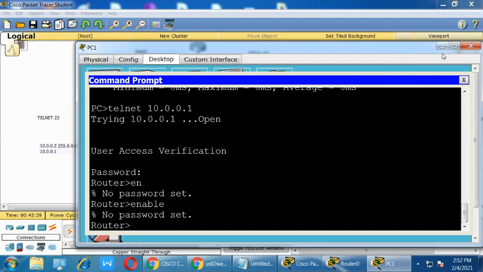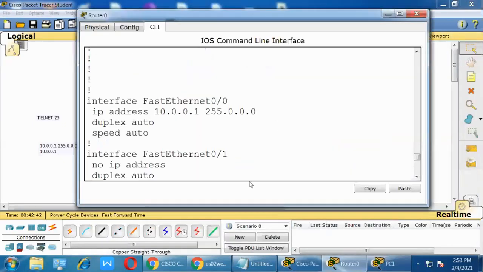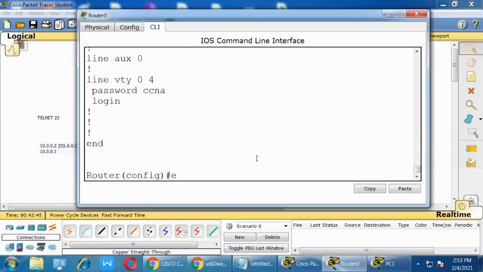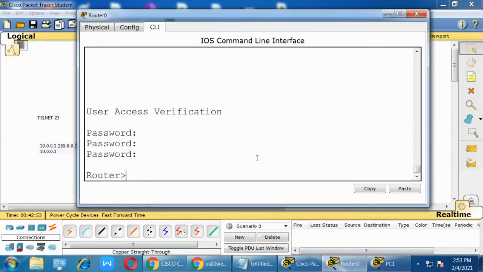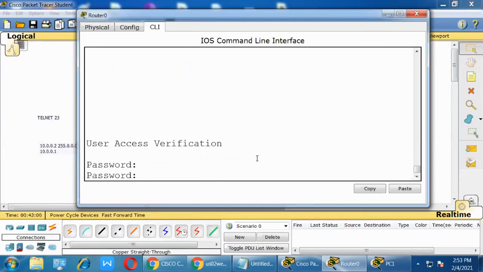But if I enter the router directly, see here, password. What is the password? CCNA123, not CCNA. See, CCNA I'm typing is not accepted; CCNA123 is the console password, right? Because I'm accessing physically, I enter the router physically, so enable will be provided. Because physical security is available on the console, I type the console password and I can enter, right?